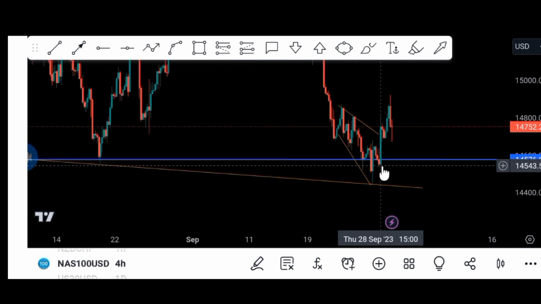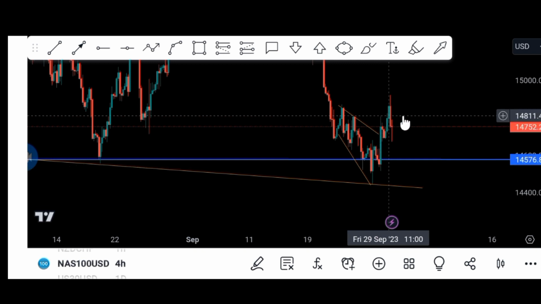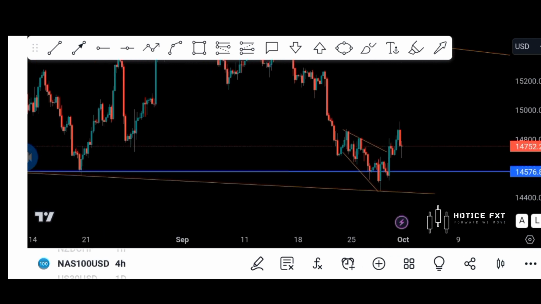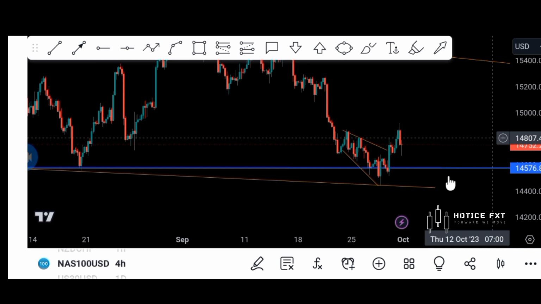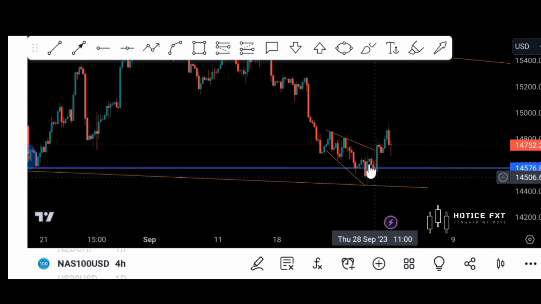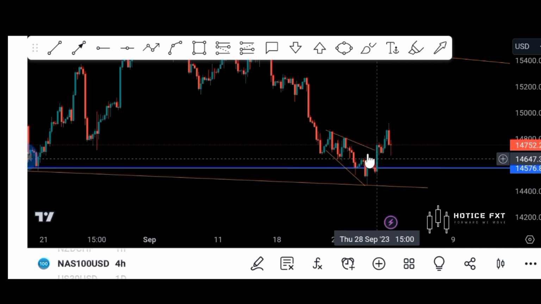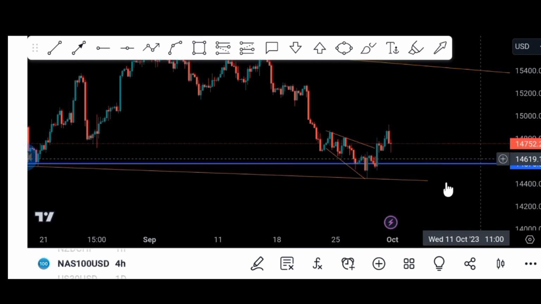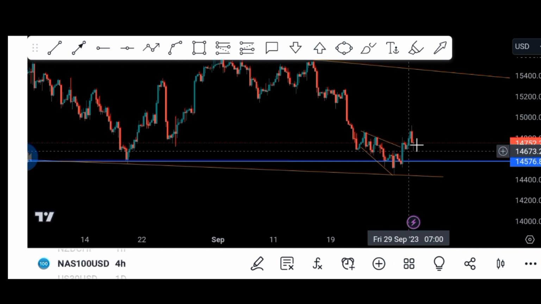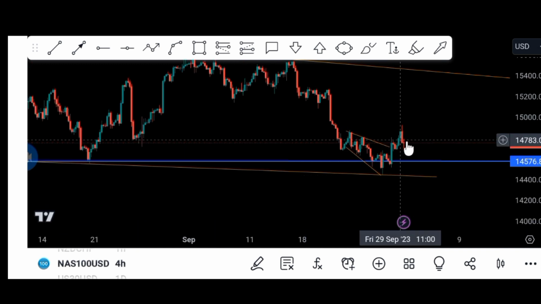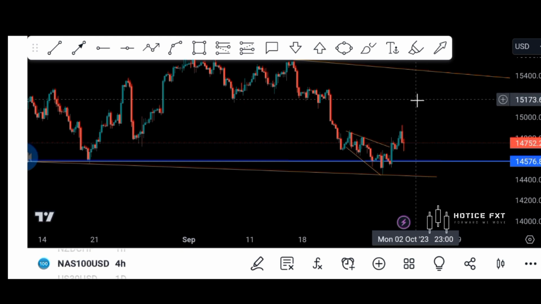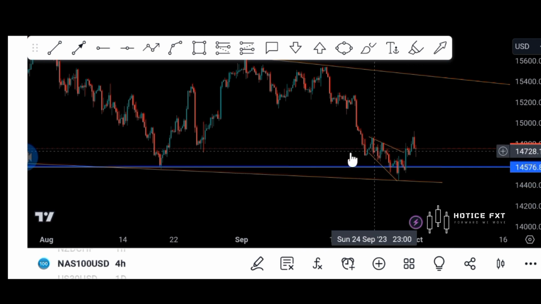Perfect entry, guys. If you caught it from here, that shoulder, and then pushed with it, they're still on beautiful buyers, guys. And remember, guys, the market never just moves to the upside. It always has those pullbacks, just like this beautiful pullback here, and respect this level here. That will be your second entry if you're looking for buyers, guys. So within the opening of Monday, we are going to look for it to push to the downside smaller and then move with it to the upside, confirming for us. As you can see,